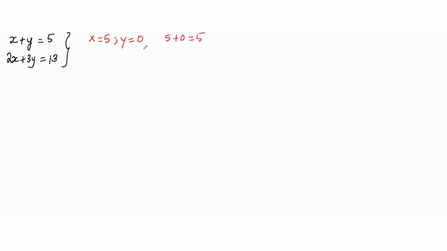So x equal to 5, y equal to 0 definitely satisfies the first equation. However, with x equal to 5, that's 2 times 5, plus 3 times y, that's 3 times 0. So this is 10 plus 0, which is 10. And 10 is definitely not equal to 13. So x equal to 5, y equal to 0 does not satisfy